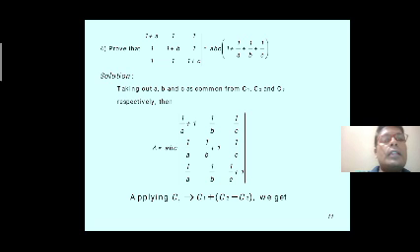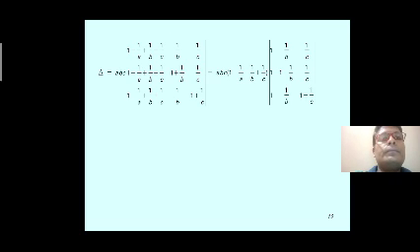Applying the column operation again, C1 implies C1 plus C2 plus C3, we get delta equal to abc times the determinant with first column entries 1 plus 1 by a plus 1 by b plus 1 by c. Here we take abc and also take the common factor 1 plus 1 by a plus 1 by b plus 1 by c. In the place of the first column we take 1, 1, 1, and the remaining columns stay as they are.